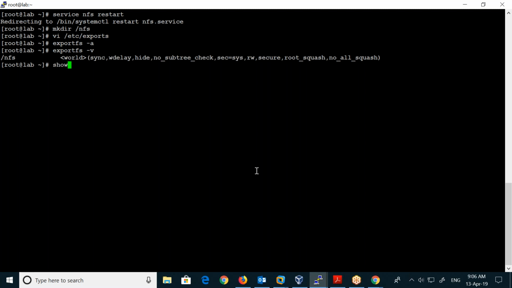So after this, I'm doing showmount. Showmount is also part of the nfs-utils package. So as I said, if you are not doing a minimal install, you don't need to worry. nfs-utils will be there. All these will be provided. You don't need to install any package, and you just do service nfs restart. It will come up, and we will make an entry in /etc/exports, and then do an exportfs -a, and